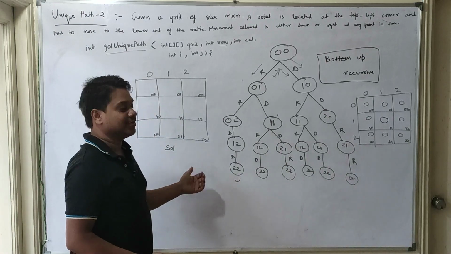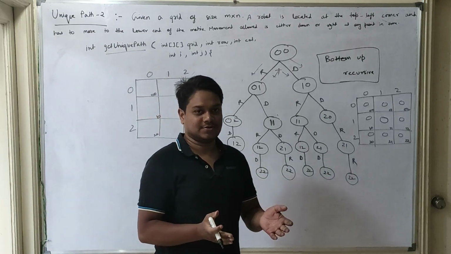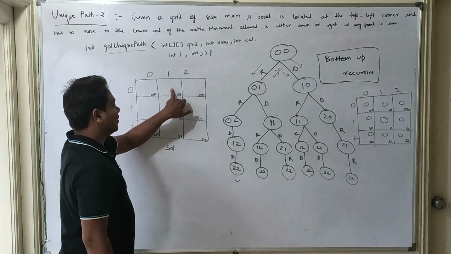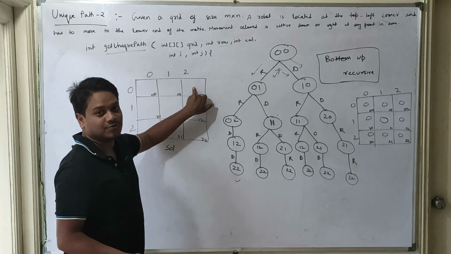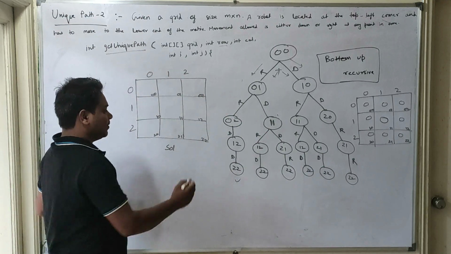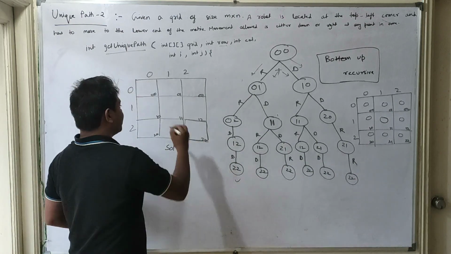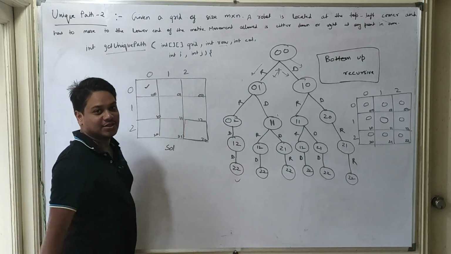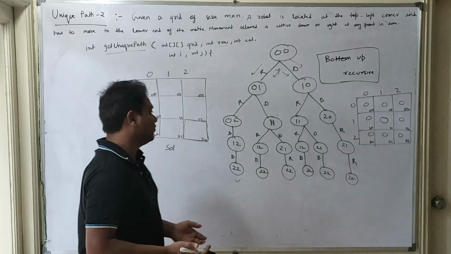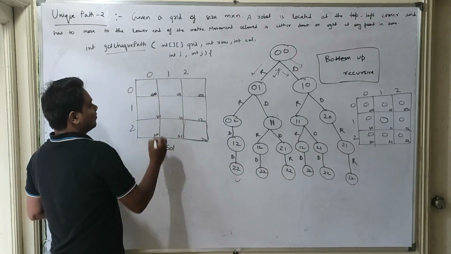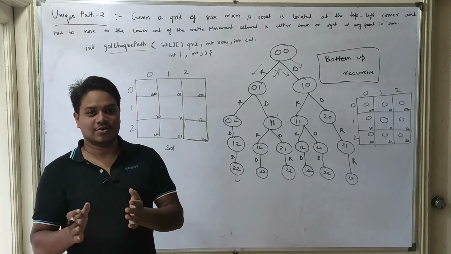Now this is the solution matrix. For 0 0, it stores the total number of paths to reach the 0 0 position. For 0 1, it stores the total number of paths to reach the 0 1 position. For 0 2, the same thing, and similarly for all the cells. The moment we reach this particular cell, we have the answer, because the robot starts from here and has to go till this point. So how many ways are there to reach the 0 0 position? Since the robot is already there, there is only one possible way.